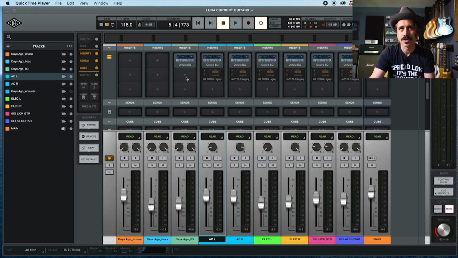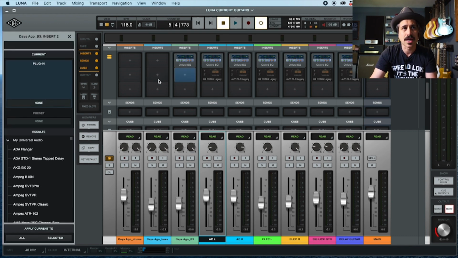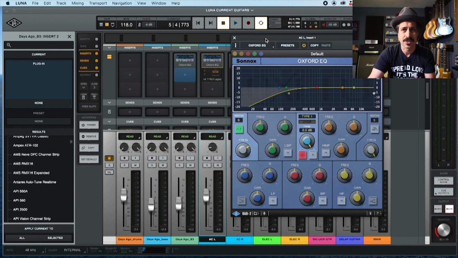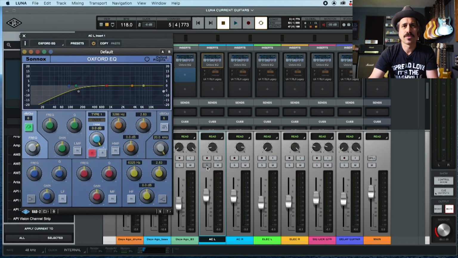You just click over here in the inserts. If you hit that plus sign, it's going to bring up the window over here, kind of like what we did when we chose a guitar amp. I've chosen these Oxford EQs, which I really like because they're very simple, and you can see that I haven't done a whole lot with them. Let's dive in. So I clicked on this first acoustic guitar part, and if we just listen to it,